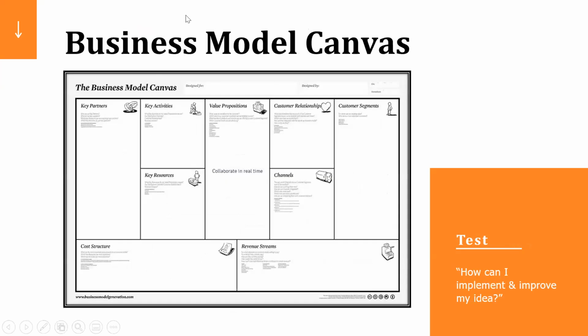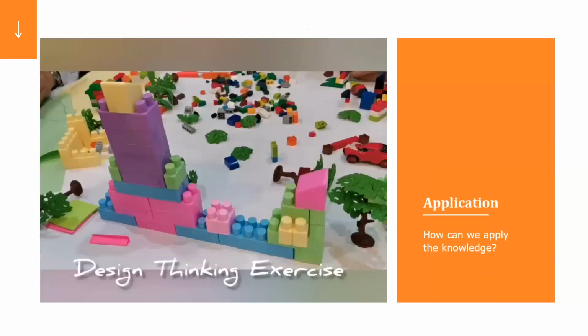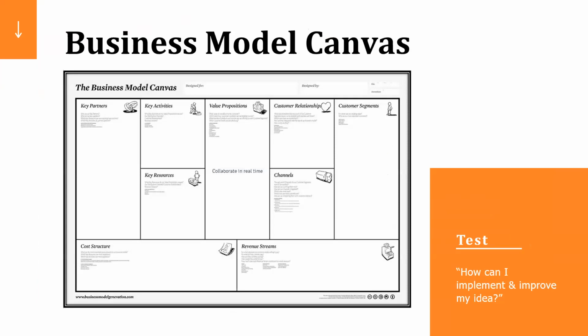Yep. In the business model canvas, this is like the summary for all. We put all of the customer related perspective, and then also we put the key partners, key resources. So this is more on, okay, now that we already have all of the ideas, how can we implement this one? How do we monetize, basically? Yep. Okay.